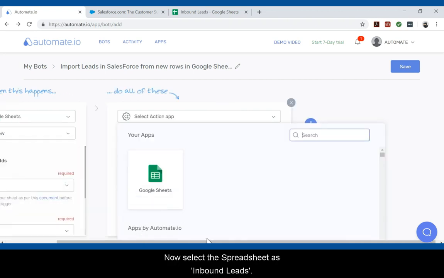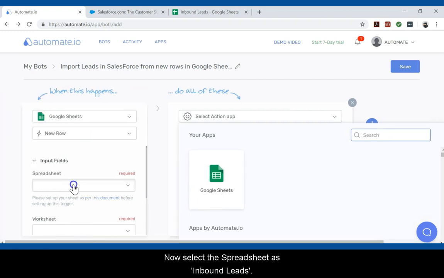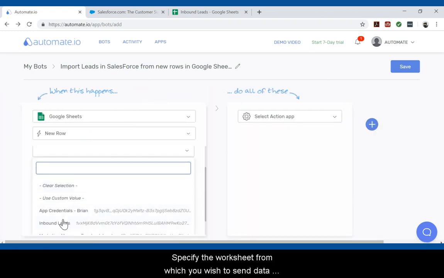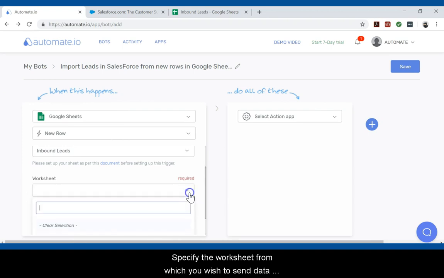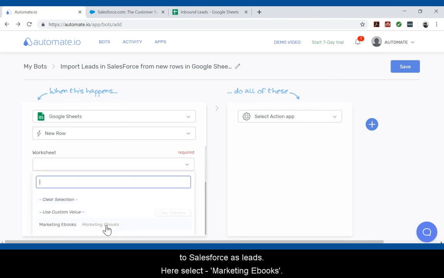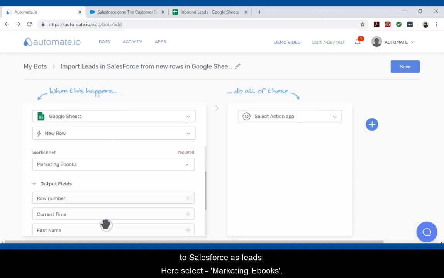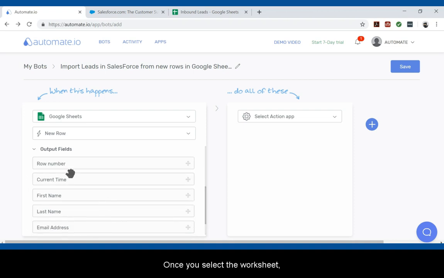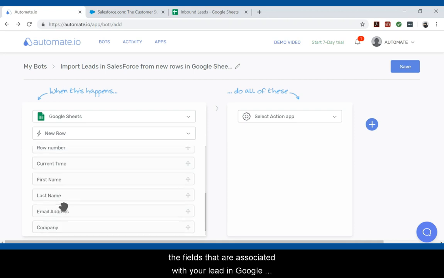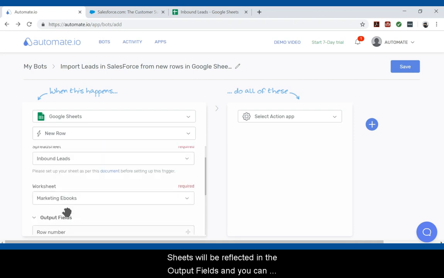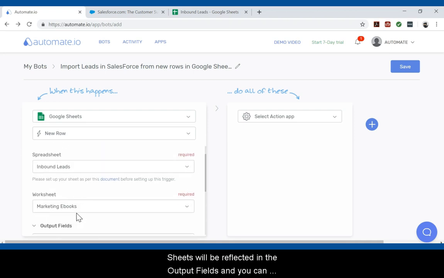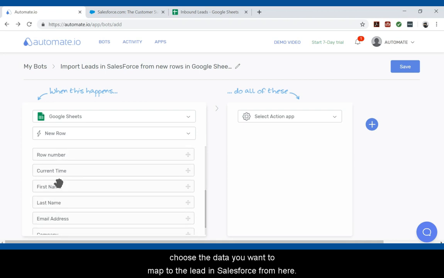in Google Sheets, a custom object can be created in Salesforce. But moving on, we will now select the spreadsheet as Inbound Leads, and then specify the worksheet from which you wish to send data to Salesforce as leads. And here we will select Marketing eBooks. Once you select the worksheet, the fields that are associated with your lead in Google Sheets will be reflected in the output fields,